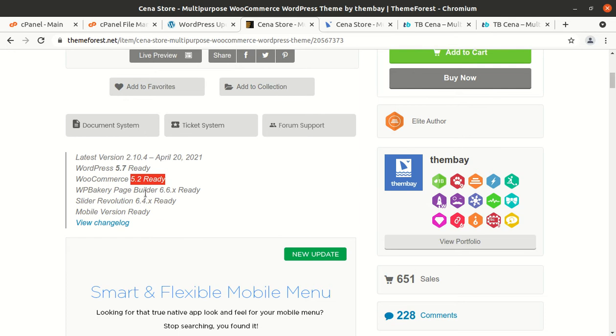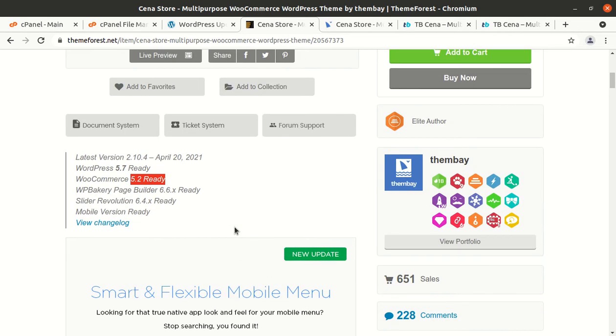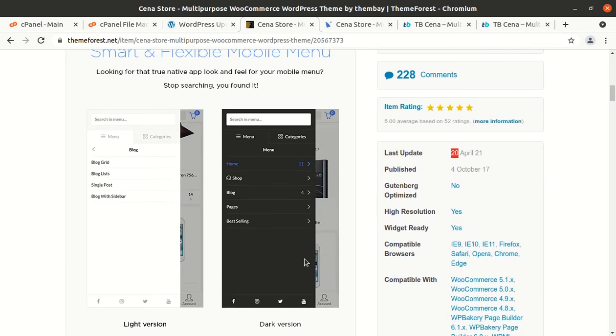It is compatible with WP Bakery, Slider Revolution and is mobile ready. The Kena WordPress theme has been developed by ThemeWay, and they are elite authors. The theme was originally developed in 2017, and regular updates are also being done.